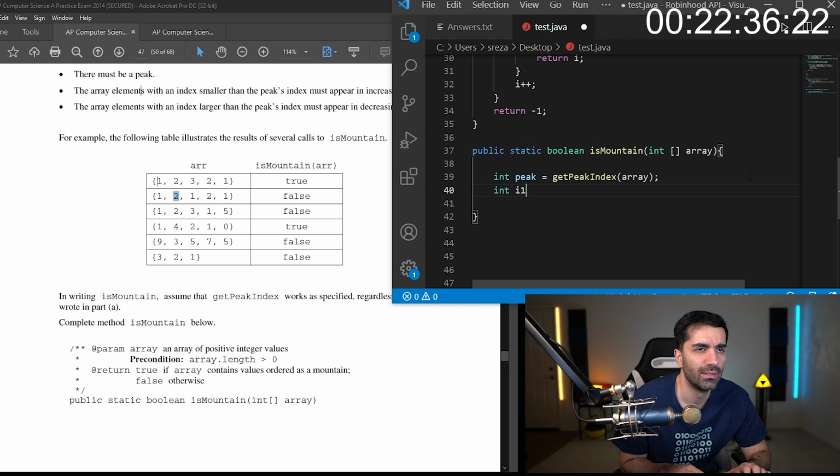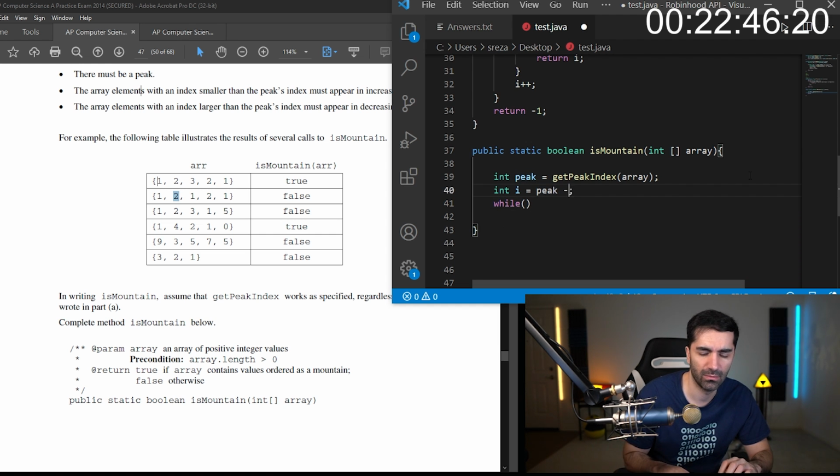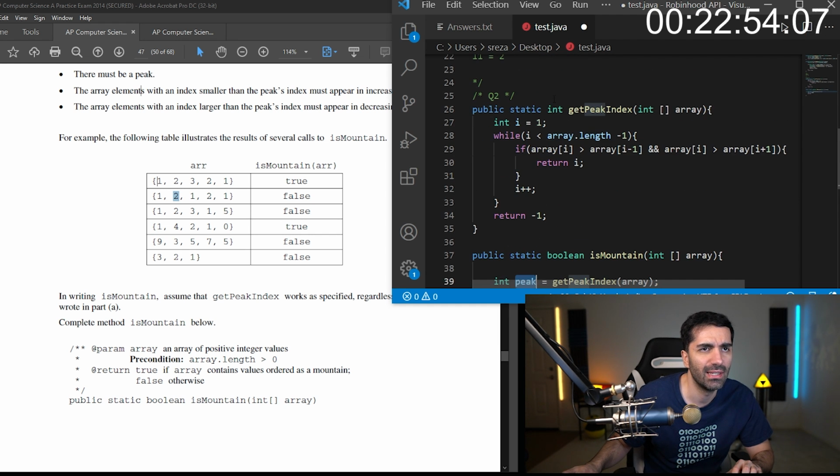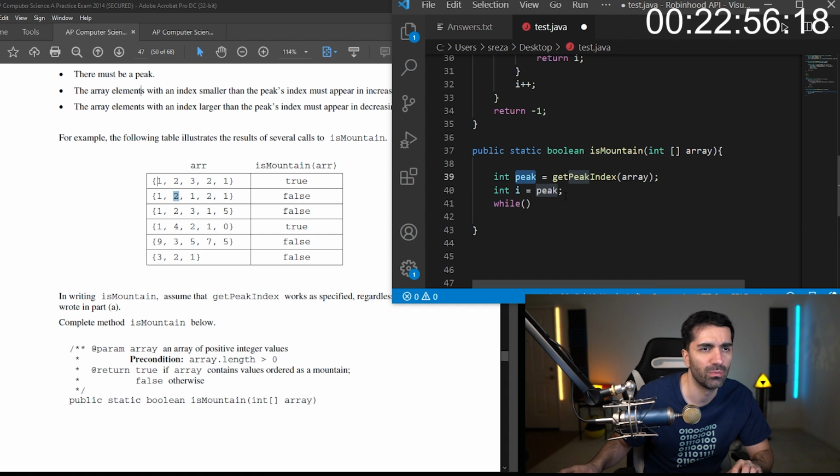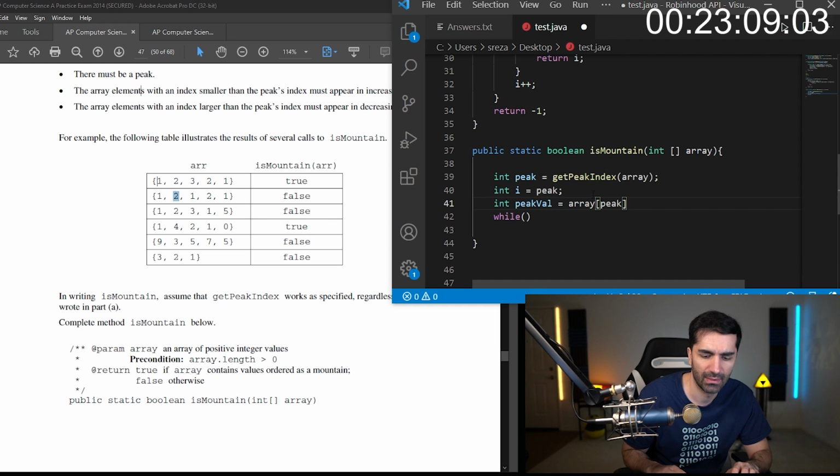Let's just do I equals peak, or we'll do peak -1. Wait, does peak return the index, right? Not the actual peak. So let's get the peak value as well. Peak val equals array peak.